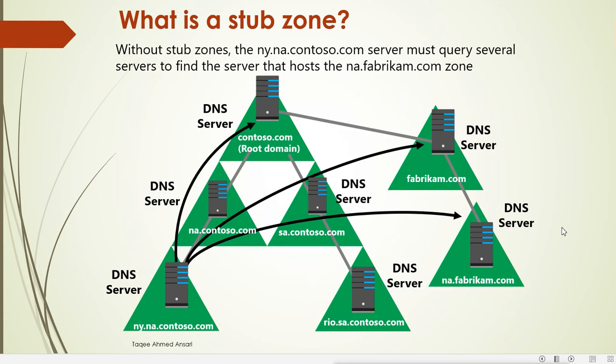Now we don't want to do that, so we can create the stub zone for Google or Gmail here under this domain. So they don't have to go every time to find out the DNS server and do the whole process. They can directly connect to those DNS servers to get the records. So this stub zone is a special kind of zone which contains only the records of start of authority servers and name servers. It does not have any A records or PTR records. It does not contain any host records. It basically contains the records of the name servers and start of authority servers.